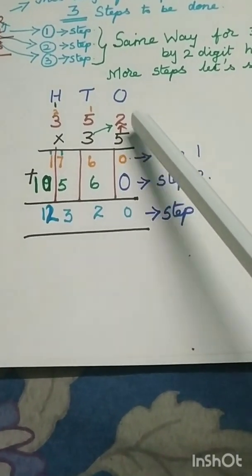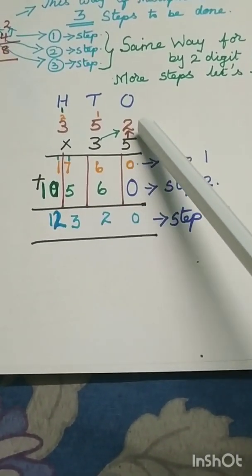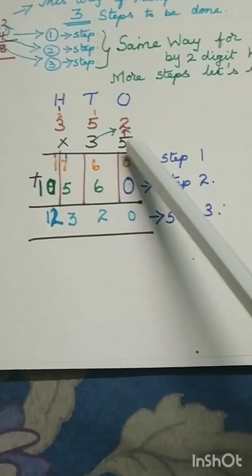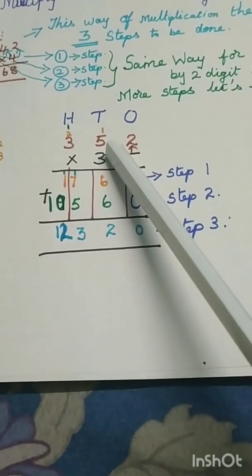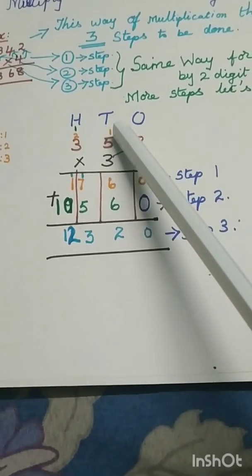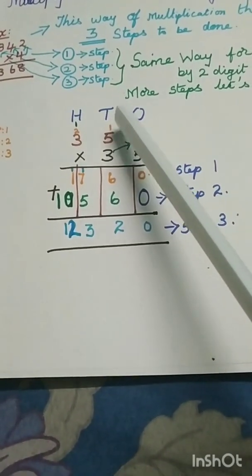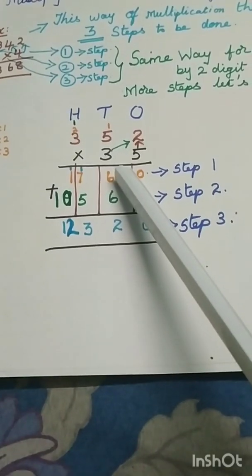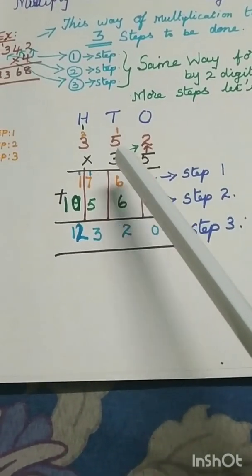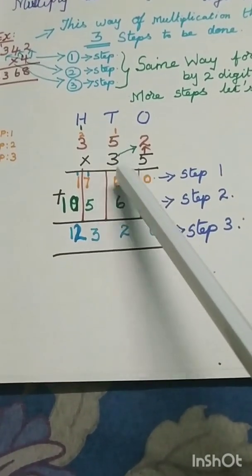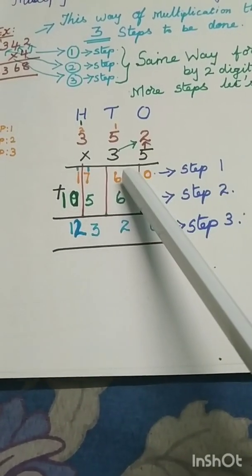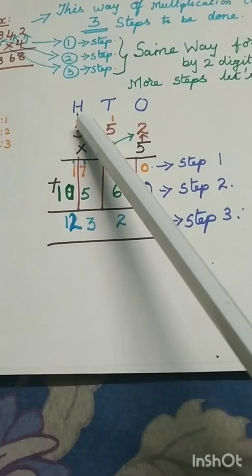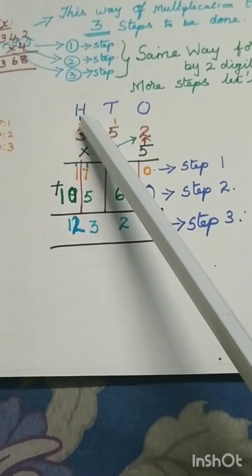The first one I have finished: 5 2s are 10. Second step, 5 5s are what? Yes, 5 5s are 25. So 25 plus 1, this 1 for the tens also I have added, and make it 26. It is a 2 digit number, we can't put 2 numbers here. The 6 I will put on the right side here. The 2 I will carry up.